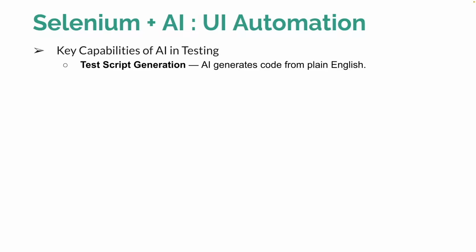With the help of AI, all the things I just mentioned will still be required. You should have knowledge of the basic core concepts. Earlier, you were generating the code manually. You were manually typing the code. With the help of AI, you can generate that test script automatically from plain English. That plain English is called the prompt. In AI, whatever plain English you submit to the AI to do some work is called the prompt. So AI will generate the code from the prompt. You need to submit a prompt to the AI, and AI will help you generate the complete end-to-end